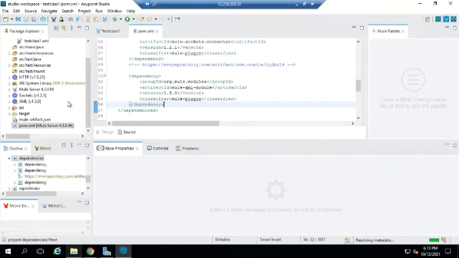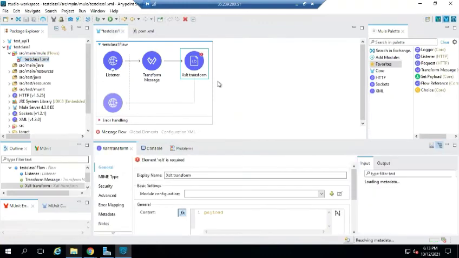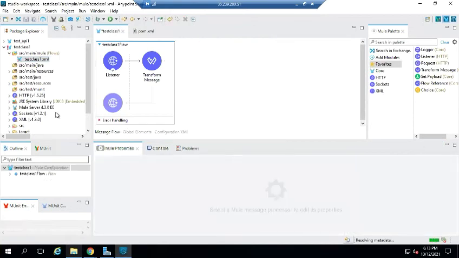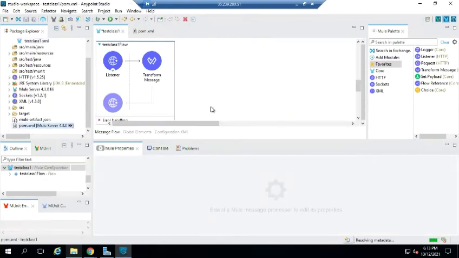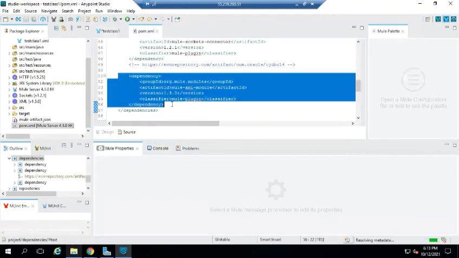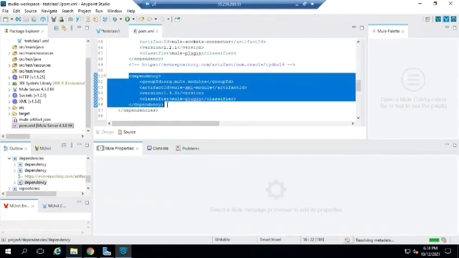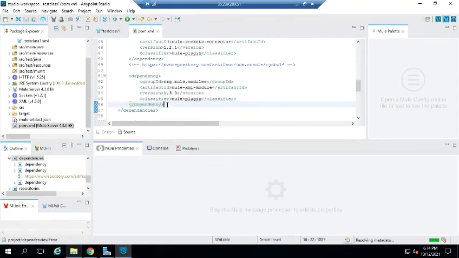Yes, the dependency is added, but when you delete this connector, that dependency will not be removed. This is the main problem with Maven in Mule Studio. I removed the connector, but the dependency is still there. Suppose you added some connector wrongly and the dependency was automatically added in the POM.